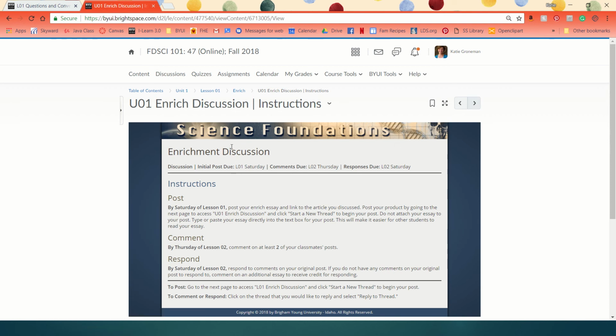You just have to copy it and then paste it onto the board. One thing I want to show you right here is it shows you when all these things are due. So the initial post for the discussion board is going to be due Saturday, and then you need to do comments during lesson 2 of next week. So that is the 2-part Enrich